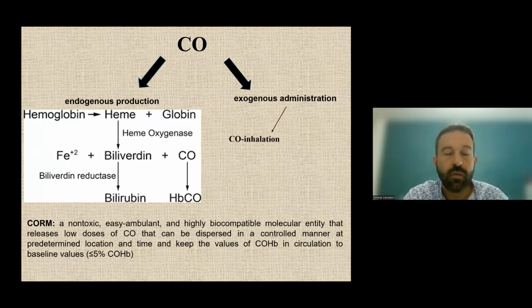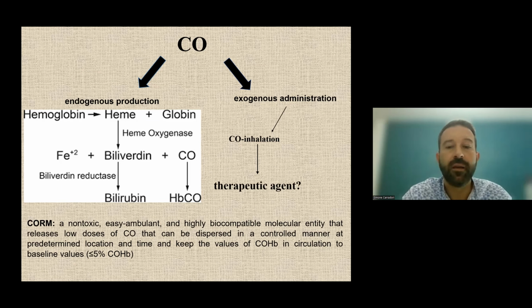As such, in this case, we use the gas by means of inhalation as the administration route in order to have a therapeutic agent. The problem is that the administration of gas, in particular carbon monoxide, is not easy. In general, it's not easy to administer a gas as a therapeutic agent, but the main problem that we have is that it is strongly bound after administration to our hemoglobin in order to produce carboxyhemoglobin, which is not functional for our body.